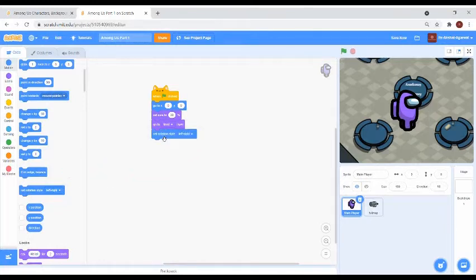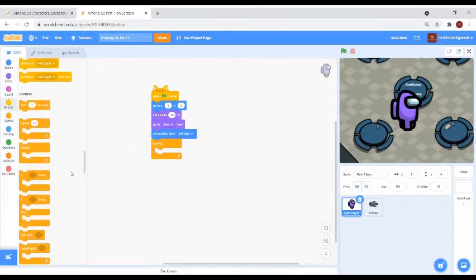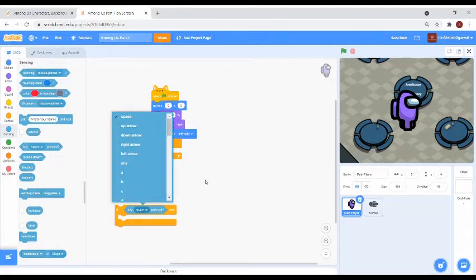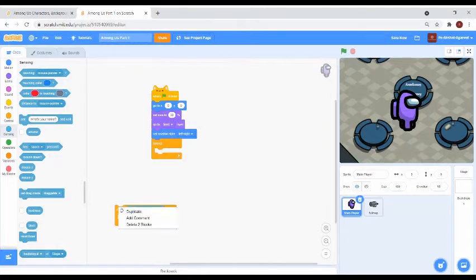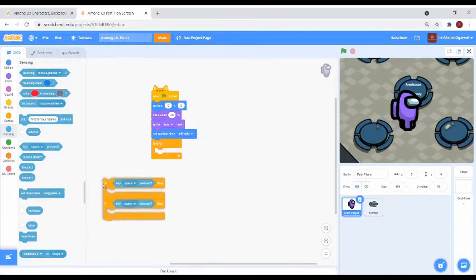Now we are going to use the forever block, and we are going to put an if then block, go to sensing and use key space pressed, duplicate it 4 times till you have 4 key space pressed if then blocks.